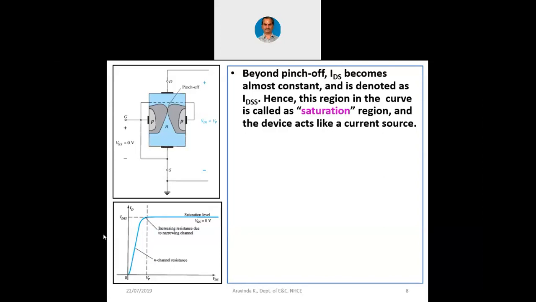But the scientists who invented FET, they are different and they are at different places. They did not communicate with each other. They never had such communication when so many scientists were working on all these devices. So this team of scientists, they thought this is cutoff region because switch is off. They called this region as linear region. The left hand side's portion, they called it as linear region. Why? Because here it is working like a resistor, right? This is a N channel which is basically working like a resistor, constant resistor,